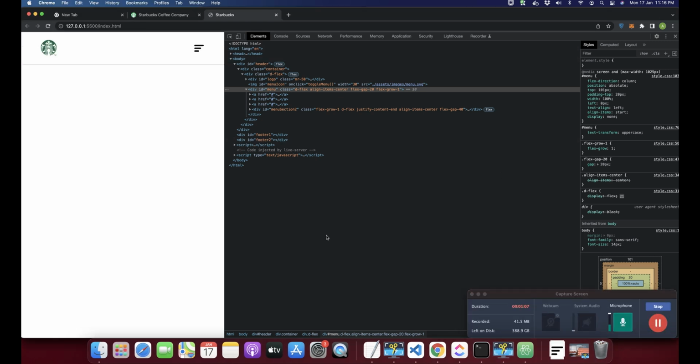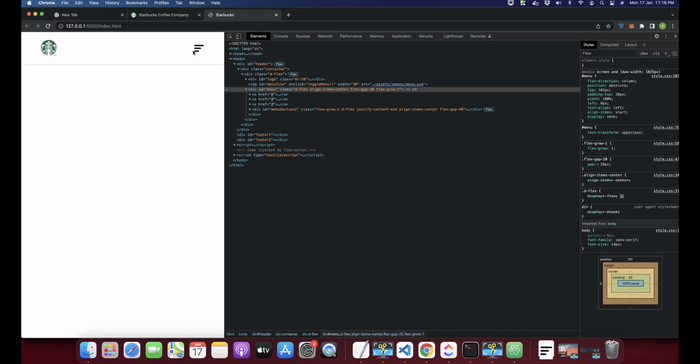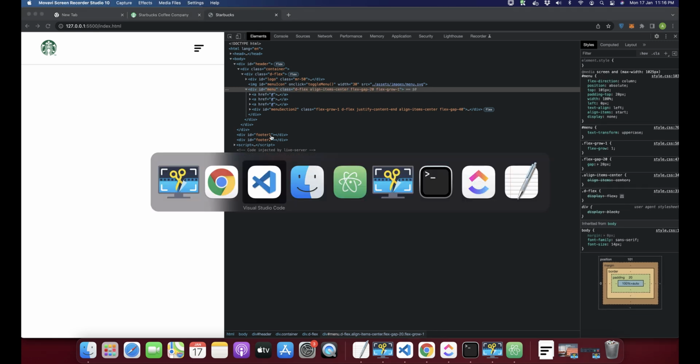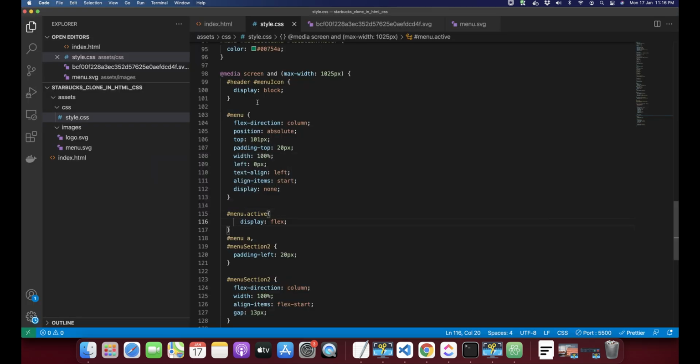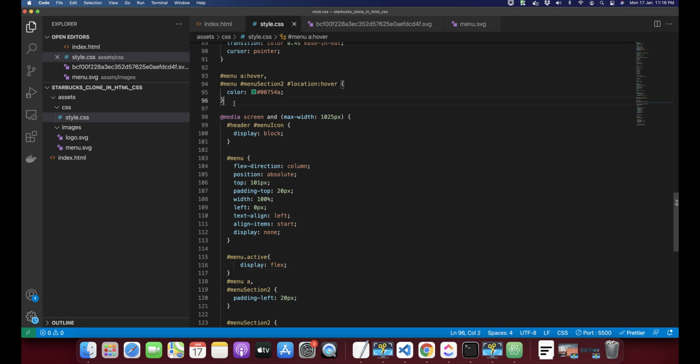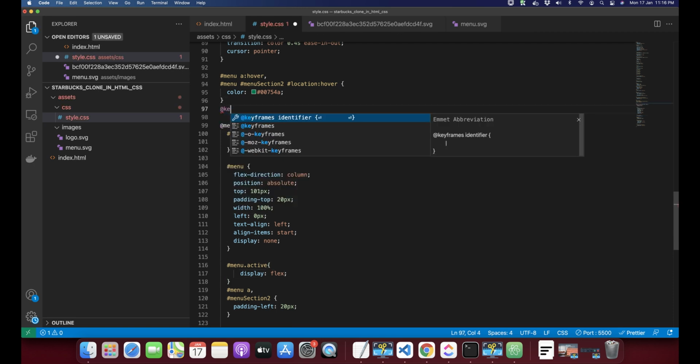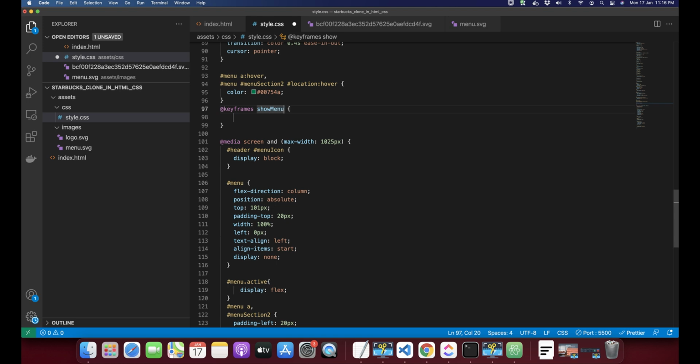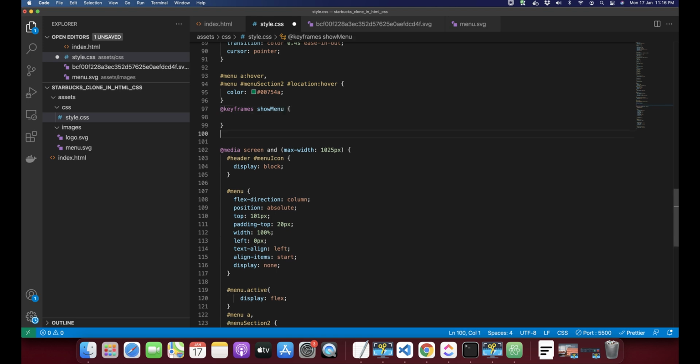So now if I click on it, you can see that menu is being shown and hidden perfectly. But we want to make it more interesting. For that, we need to add animation. So to add animation, I'm going to create two animation keyframes. First one would be show menu, and second one would be